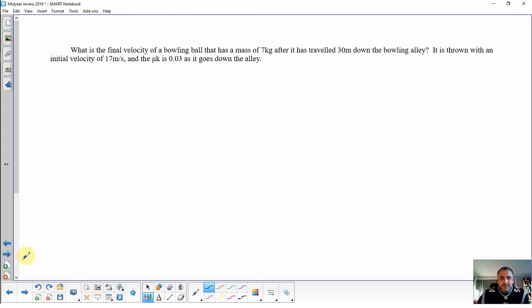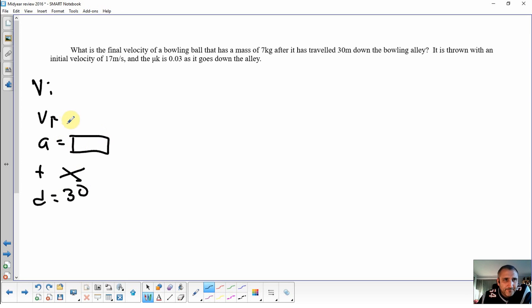What's the final velocity of a bowling ball that has a mass of 7 kilograms after it's traveled 30 meters down a bowling alley, starting with an initial velocity of 17 meters per second, and the mu is 0.03? VI, VF, A, T, D. We know some stuff. D is 30 meters. Don't know about time, don't ask about time. Acceleration we have to figure out. Final velocity is what we are looking for. Initial velocity is